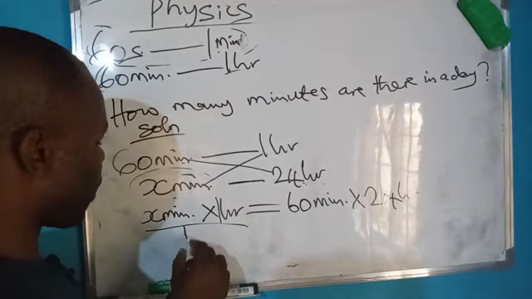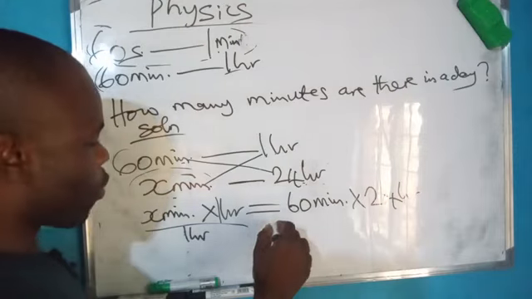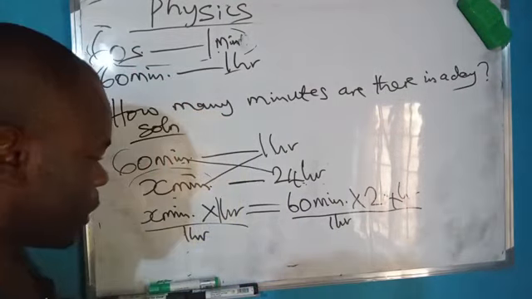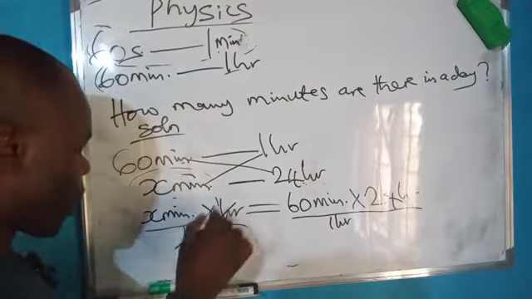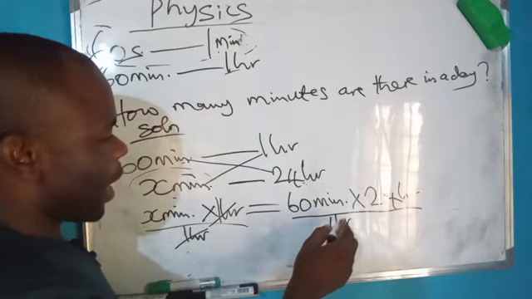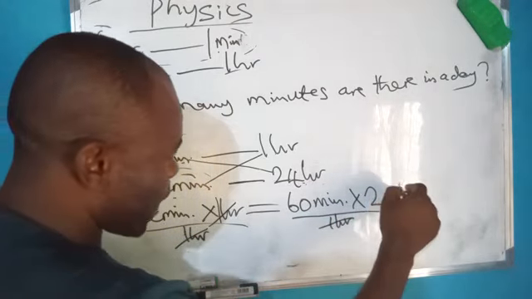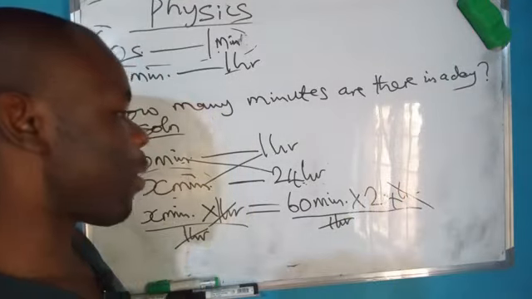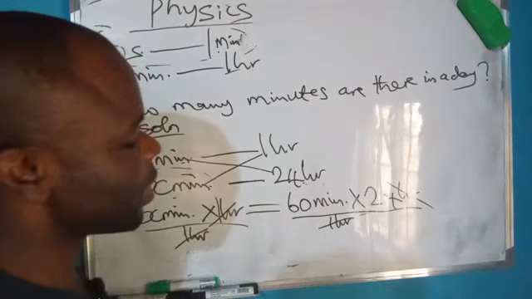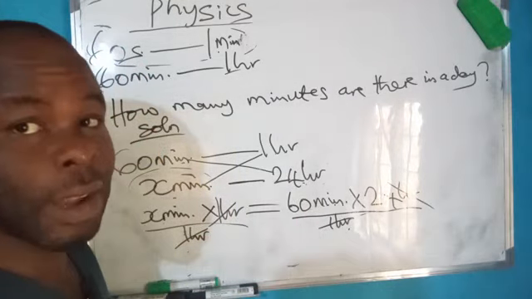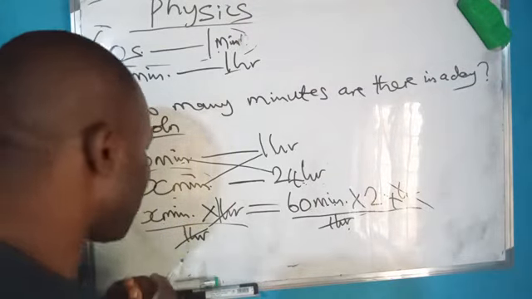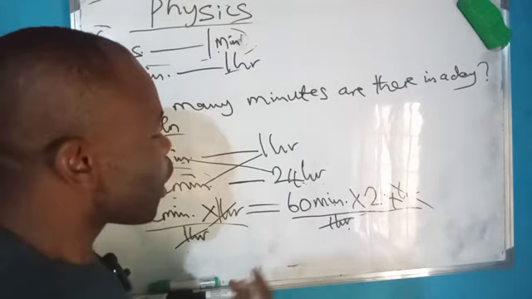Which means all over 1 hour equal to, that is all over 1 hour. So that 1 hour against 1 hour, x minutes will be left here, and 1 hour will divide this 24 hours. Hour will go, remaining only 24, and this 60 minutes, since hour cannot divide minute. Is that clear now? Good. Now, you now say